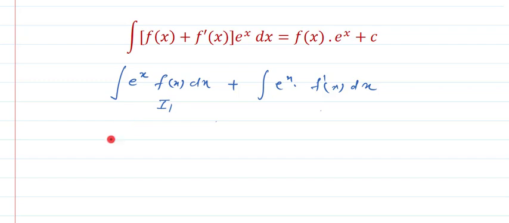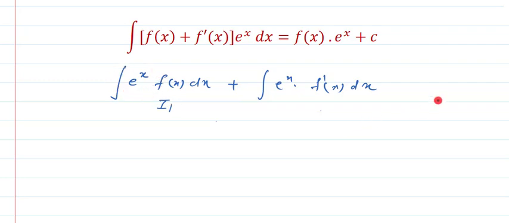Let me name it. Okay, so here, as we know, by parts is first function into integration of second, minus integration of differentiation of first into integration of second. So we know very well that the first function is going to have differentiation. Here we don't know what f(x) is, so we need to decide which function, either f(x) or e power x, we should take first and which one we should take second.